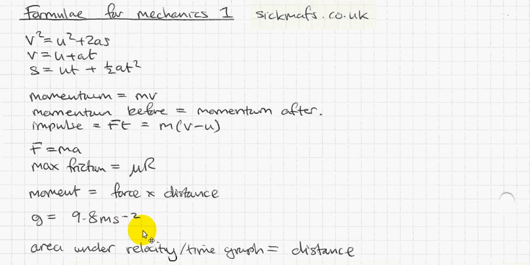That's what we use for the module. Obviously it varies depending on how far you are away from planet Earth, but we just use 9.8 to keep it simple. And also useful to know is area under the velocity time graph equals distance. And that's all really you need to